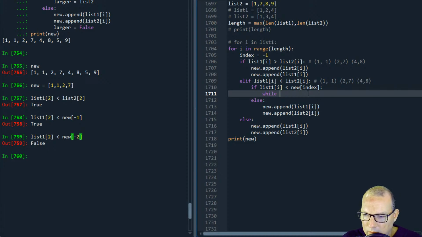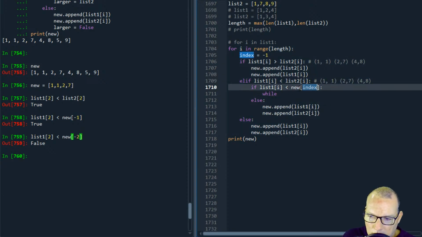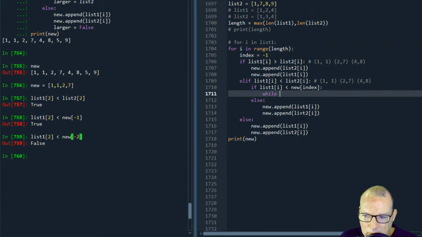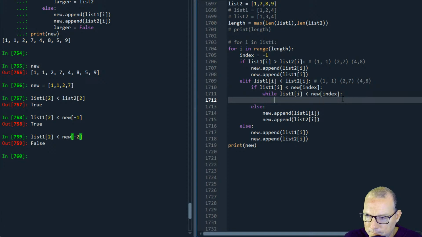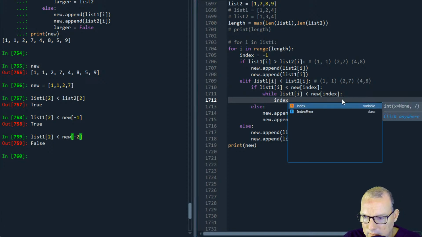While list 1. And this will reset to 1. We've automated this. So we're going to reset and look at the last element of the list. And if it's still less, we're going to, while this is true, index